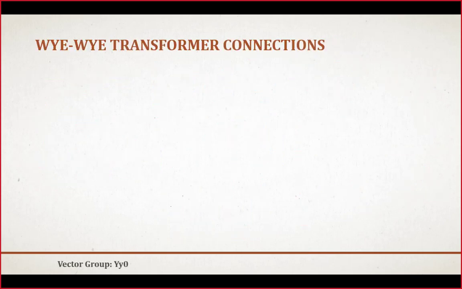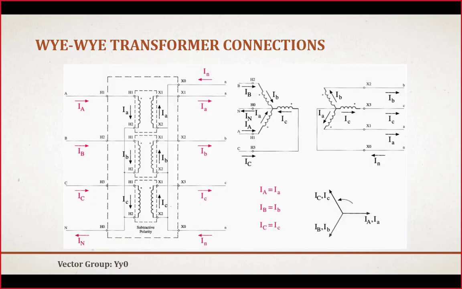Next, we see a Y-Y transformer connection in further detail. In this diagram, you can see we have used two methods to draw the winding configuration. One in which the winding placement and orientation is similar to the type of connection, that is why the winding appears to be connected in Y, and the other is we have shown the pair of windings across each limb in the form of single phase transformers, and then we have made a Y connection on the high side and a Y connection on the low side.